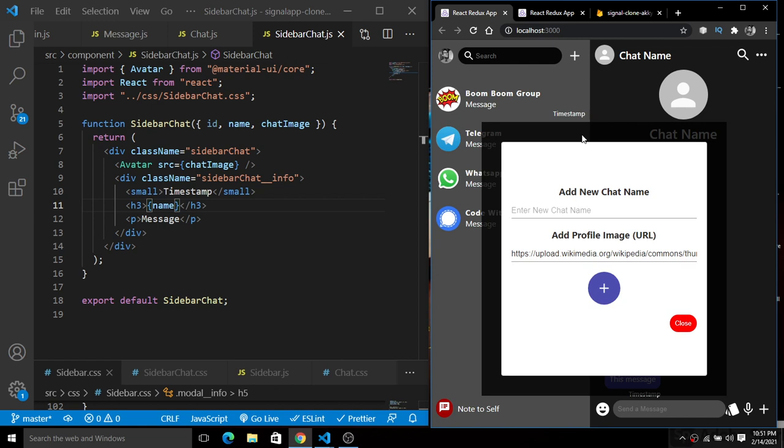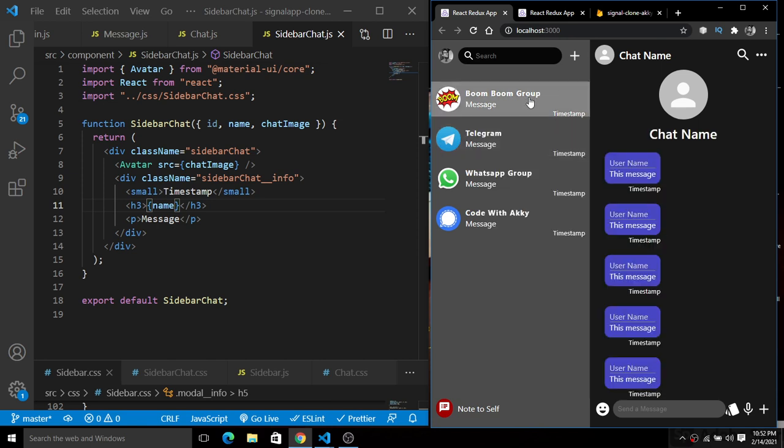And in the previous part we also saw how these things will be rendered on the screen using a snapshot function. This is what we learned in the last part, and now in this part we are going to create the state for the different chat names.